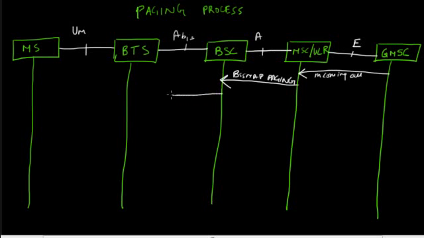Now the BSC sends a base transceiver station management message, paging command. Just to review, this BSS MAP paging message contains the IMSI or TMSI of the mobile and the cell identifier list. This BTSM message that the BSC sends to the BTS contains the channel number on the interface and also the IMSI or TMSI of the mobile. So once the BTS receives that message,